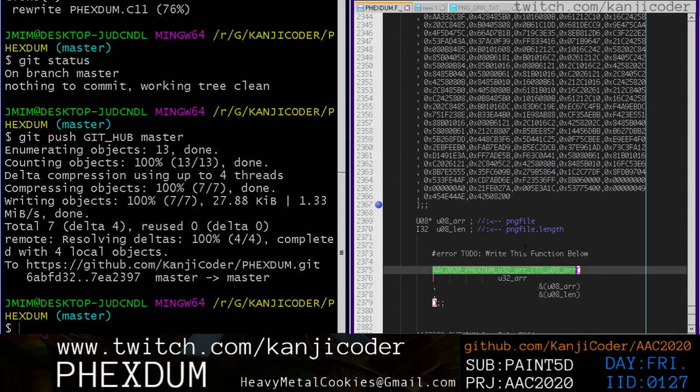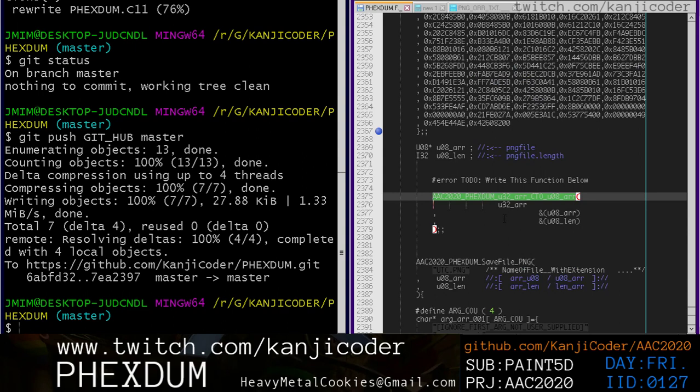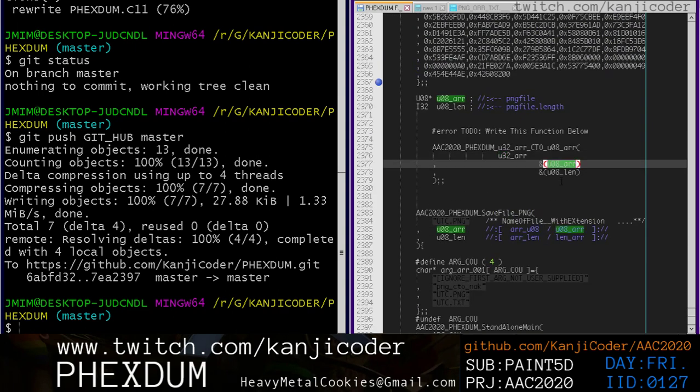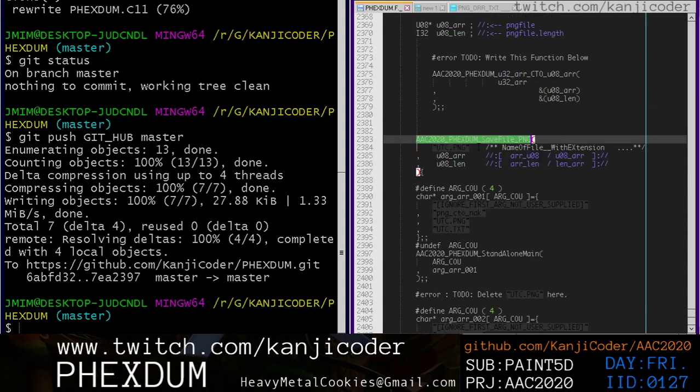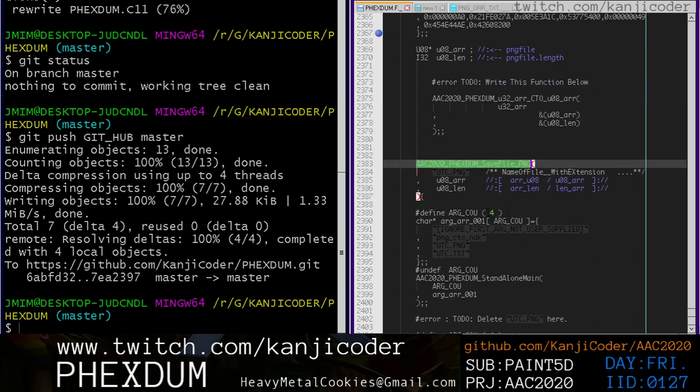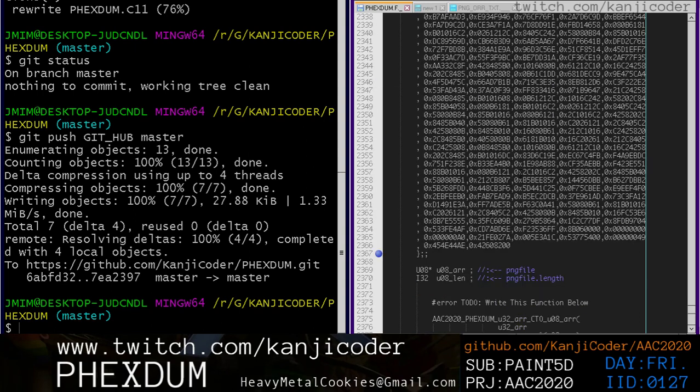So we need to figure out converting this U32 array. We need to convert it to a U08 array. Right? And then we want to save the file. We're saving the file. Okay. So we save this file to disk. And then we are going to load it from disk. Or not load it from disk, but we're going to take that file we just saved to disk and we're going to convert it into a hex dump. And then, once we convert it into hex dump, we're going to convert it back. And once it's converted back, we have to convert it back into,